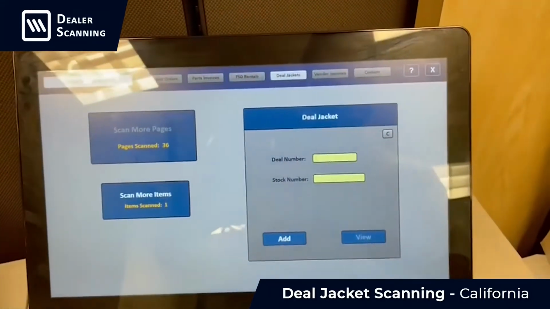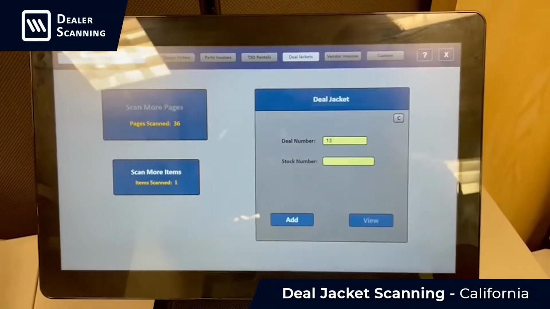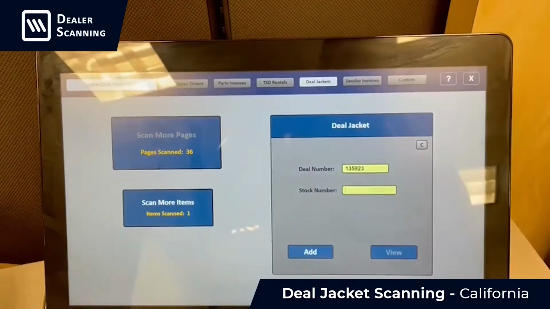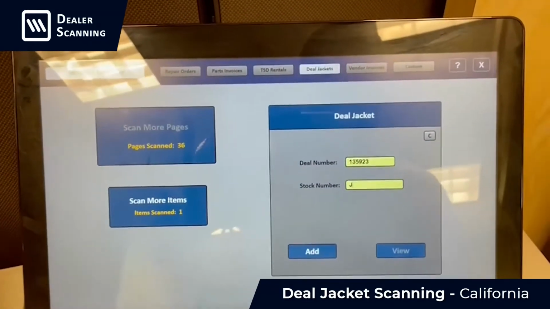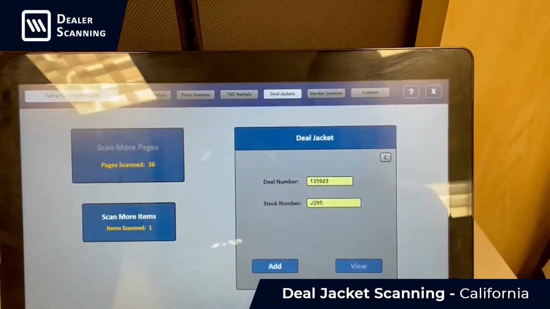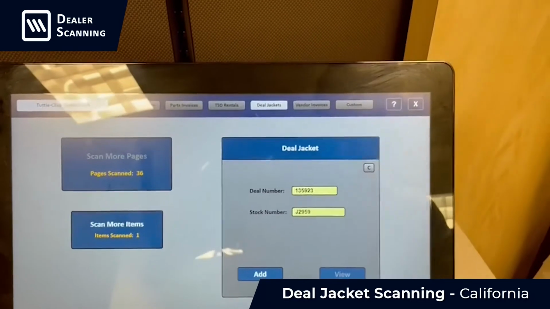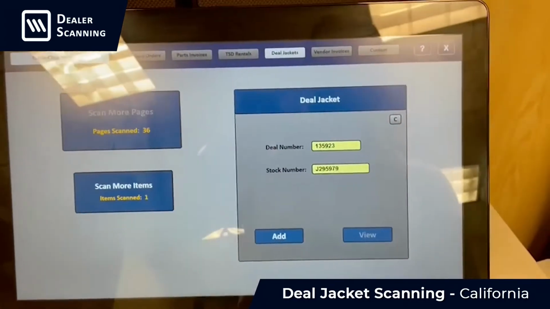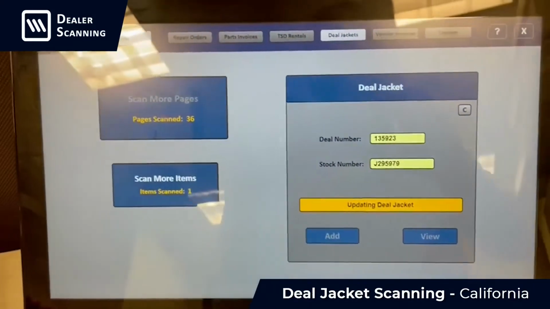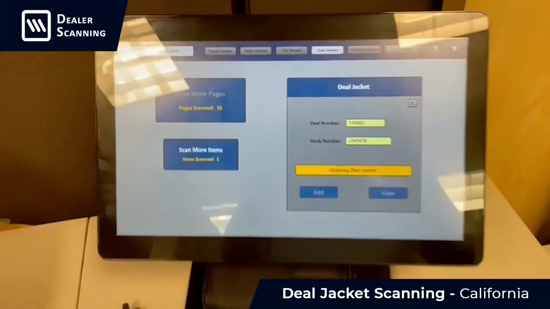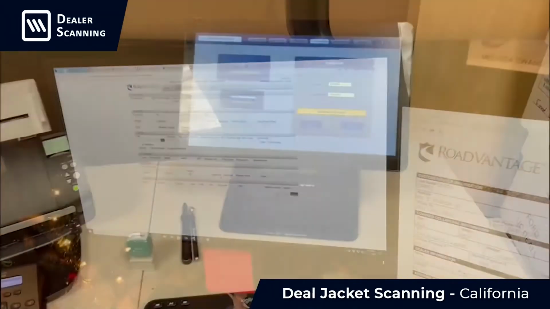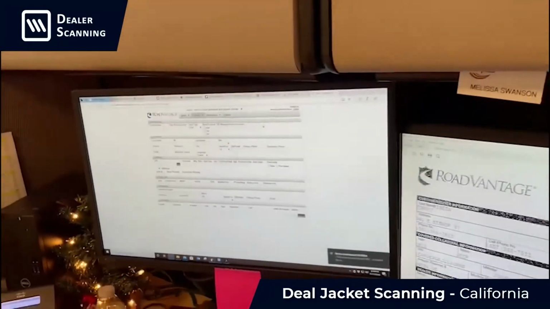In this case, deal number is 135923. We're asking for the stock number, which is J2959979. Click add. This creates a PDF, adds it to the system. We're integrated with the DMS, so we're checking that you put in the right stock number and the right deal number. So now I'm gonna show you how to pull up the deal jacket, and Melissa here is gonna help me,